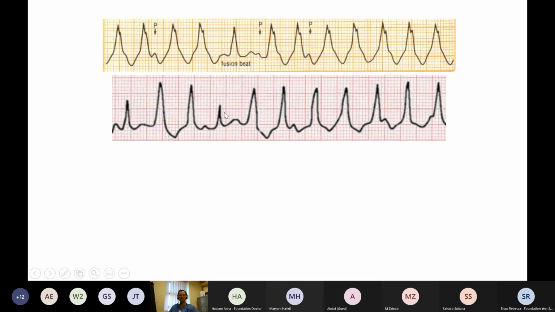Fusion beat is the same thing, but this signal fuses with a ventricular tachycardia beat. So we get a combination of the narrow and the VT beat. We get a fusion beat. And again, that tells us that this is VT. And here you can see some P waves, although not just before our fusion beat. You don't have to be able to see the P wave. You know it's there because the P wave will be going regularly at a rate of about 80 beats per minute here. And not reflecting the ventricle because the atrium's doing its own thing and the ventricle's doing its own